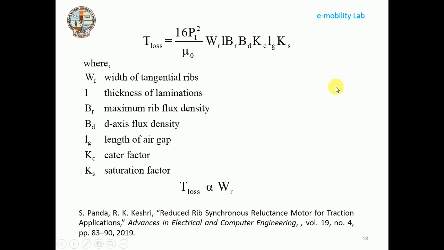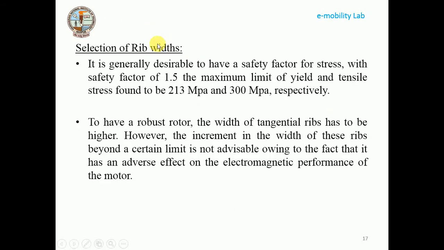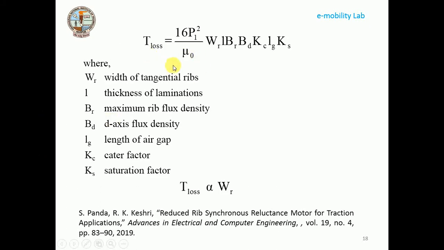Now, the torque loss component, as I told you, has an adverse effect, meaning we are going to lose our torque capability. So the torque loss component is given by this. This is a standard derivation which you can find further in our paper. By taking all the factors to be constant, that is your number of poles, permeability, flux density, scatter coefficient, length of air gap, and saturation factor,